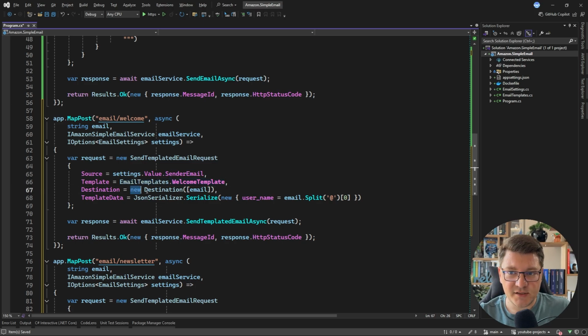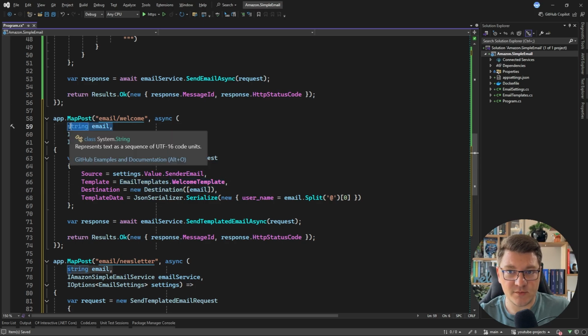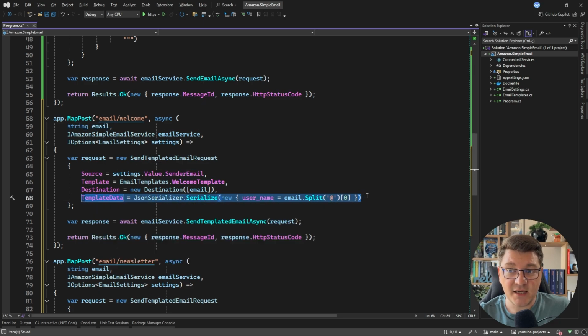You could also pull this value from your application settings or even a database if you are managing a lot of templates. The destination is going to come from my request parameter, and then the template data has to be a JSON object. I'm going to initialize an anonymous object and serialize this into JSON. And then I just use the Amazon simple email service to send my templated email,